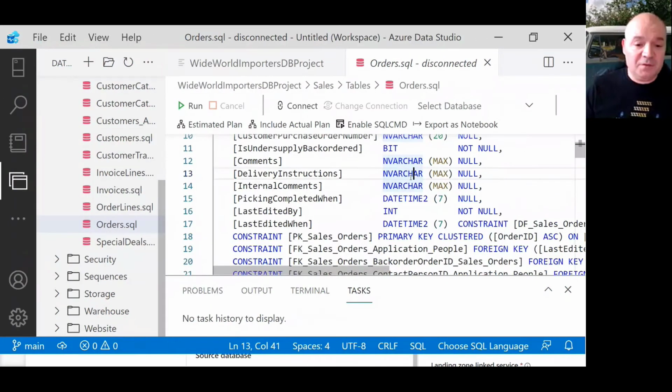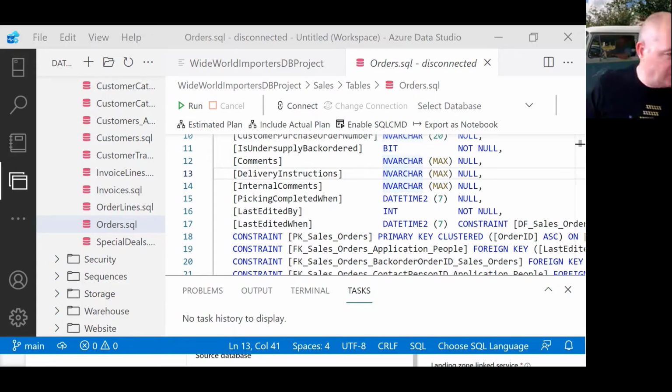And basically, if you go to create a DACPAC for a dedicated SQL pool, and the table has varchar max columns in, the build of the DACPAC will fail if you try and do it in Azure DevOps. So what you effectively have to do